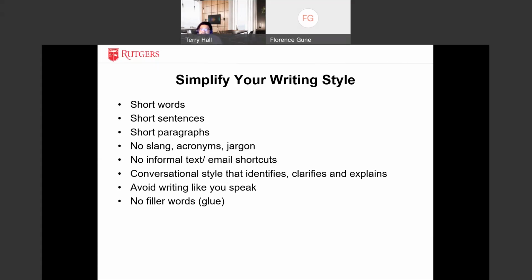We also want to avoid slang, acronyms, or jargon. Public administrators are famous for this. Essentially, when it comes to government language, it's very common to use acronyms, very common to use shorthand for policy discussions, very common to talk about procedure in ways that the layman may not necessarily understand, that your audience members may not necessarily understand. And so it's oftentimes important to make sure that at least the first time new information is mentioned, before the acronym is used, the entire idea is spelled out.